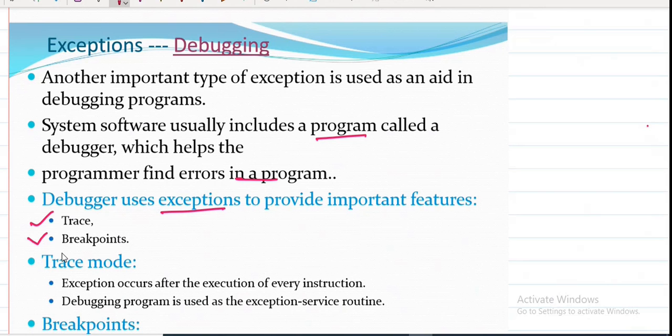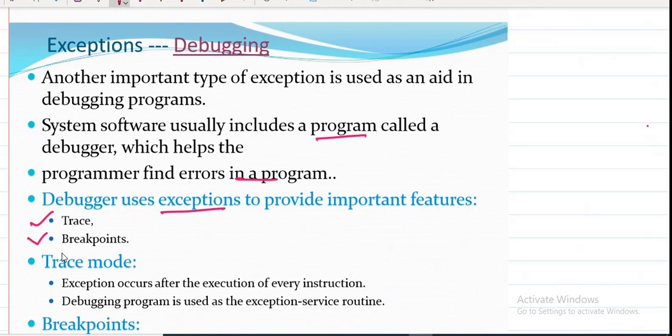You can try in Code::Blocks how to use trace mode or breakpoints. In Turbo C you need to use F7. It will execute just one line and go to the console, and after giving the input it will come back to the program. That way you can see how an exception occurs. That means the execution of the program is stopped and it switches over to the console. That is one simple example of an exception using a debugger.